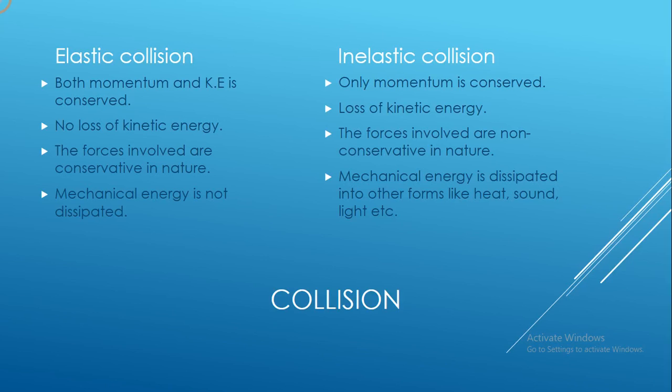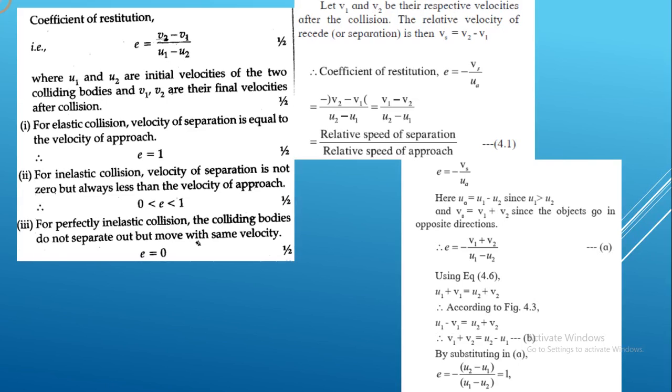In this part, there is one more type, that is perfectly inelastic collision. Now, if colliding bodies join together after collision, it is said to be a perfectly inelastic collision. We are going to consider head-on collision also. We are going to consider the coefficient of restitution also and their derivations. Let's start. First of all, the basic point is the coefficient of restitution.